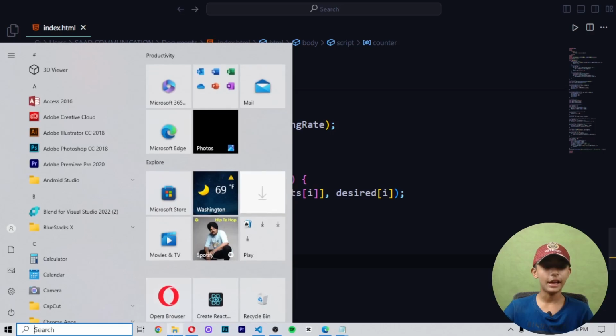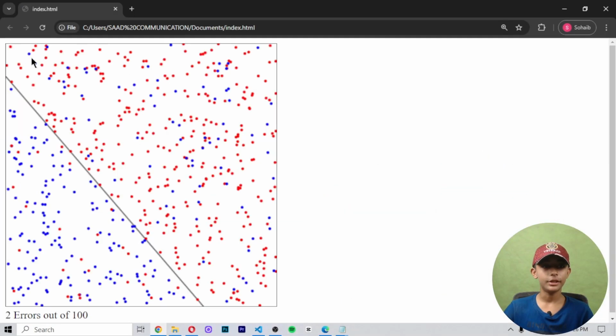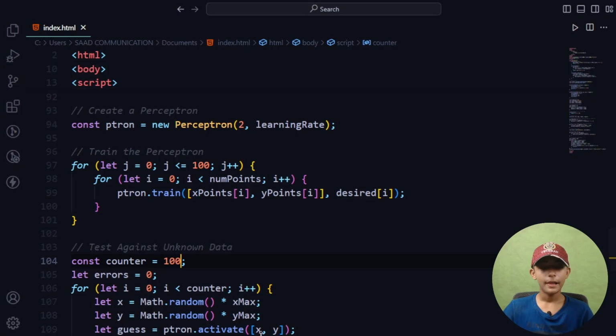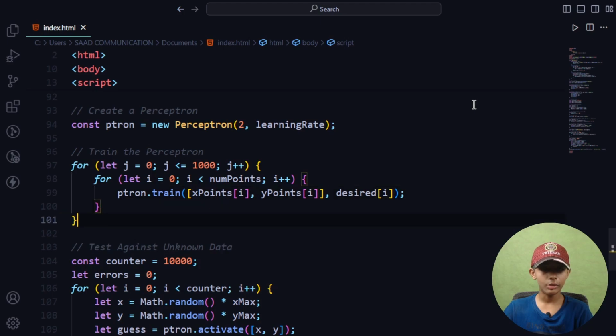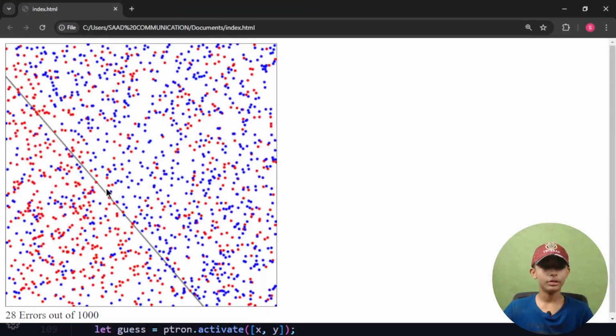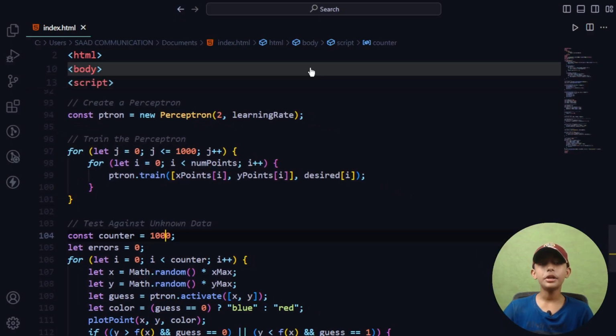Okay, it will crash, that's why I erase it. And now here you can see 100 is coming. If you put a lakh here, then save it and run it, this type of output comes. If I put only 1000, save it and run it, now this type of output comes. So you can do it like that.